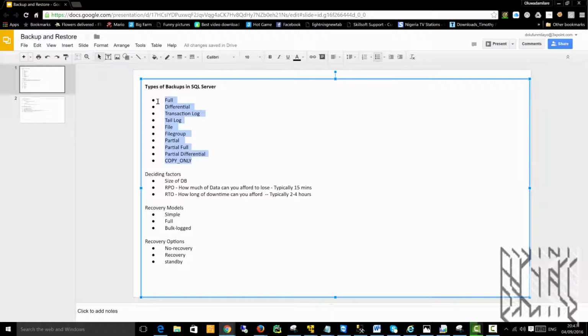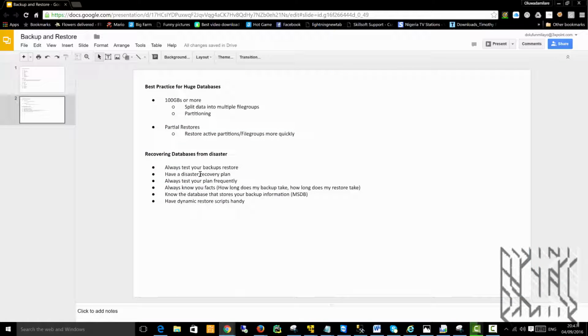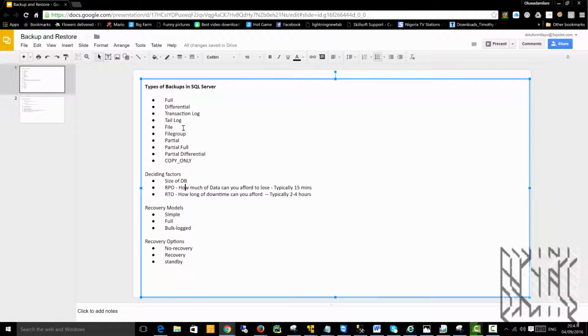So these are the types of backups we have in SQL Server, and that will lead us into this, which is the deciding factor. So how do you decide which backup to use at any point in time? It depends on the size of the database. So if your database is less than 100 gig, you probably don't want to have a complex maintenance strategy. Just a full and transaction log is just enough, okay? But then you can also consider full only,